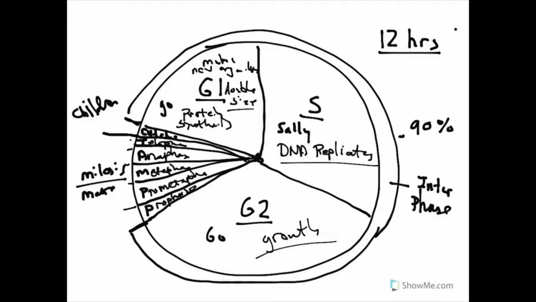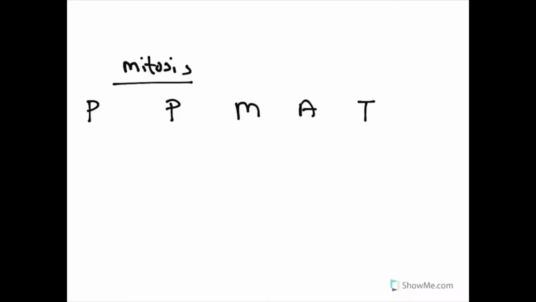Let me write these down a little bit neater. So, for mitosis phases, you have P, P, M, A, T, PPMAT. And so I always tell my students, imagine you've got a naughty little puppy named Mitosis,